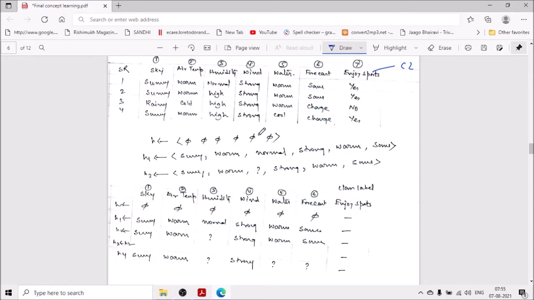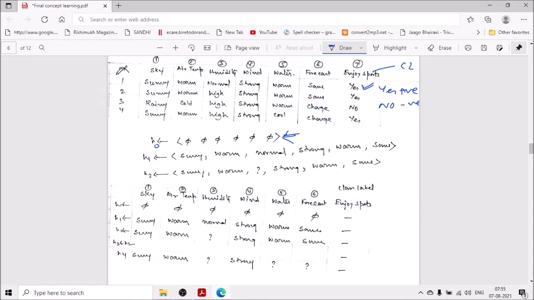So you have to always start with the specific hypothesis, that is phi, h0. So all are phi, that is the most specific. First of all, we see the first attribute for each positive. So first is positive, yes. You already know yes is positive, we assume, and no means negative. So h0 is equal to phi, it's the initialization.